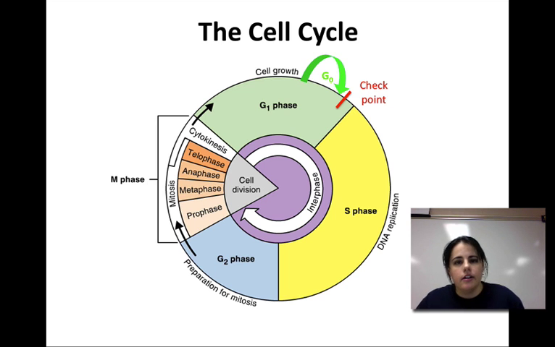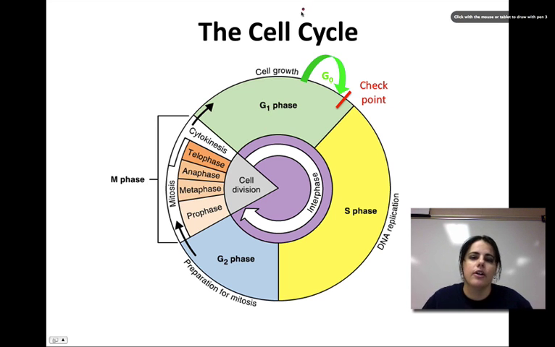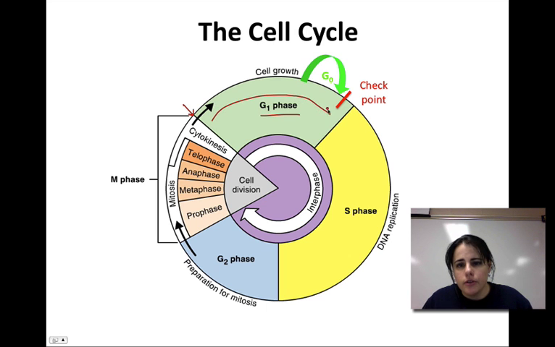Looking at the cell cycle, we have different phases of the cell cycle. This is how a cell grows and divides. So when a cell is first produced, the cell cycle always starts at this part called G1. A cell will grow, and it will grow and it will grow. Eventually it will reach something called a checkpoint, where it needs to make a decision on whether or not it's going to exit the cell cycle and just do its normal cell work, or whether it's going to get a signal saying, yeah, we need more of you, so you're going to have to divide and make some more. And so once it passes this checkpoint, it is required to go to the next